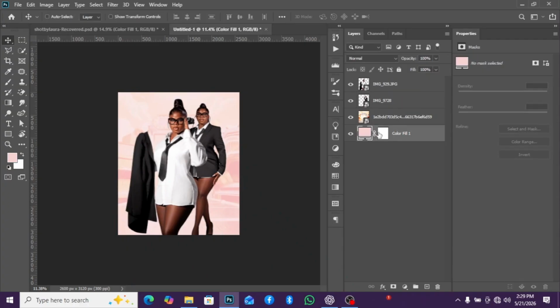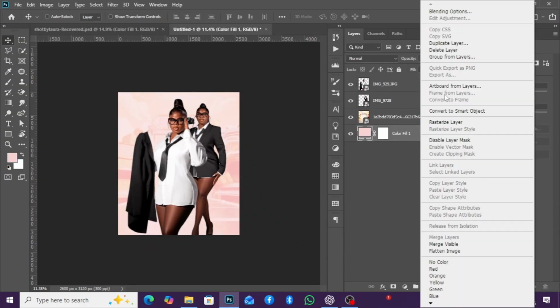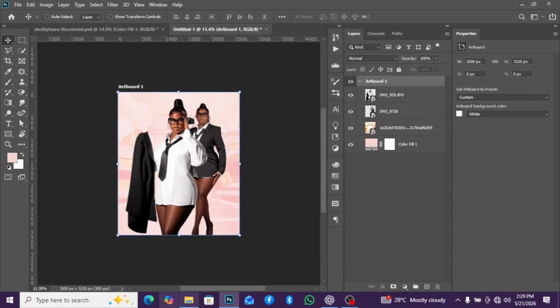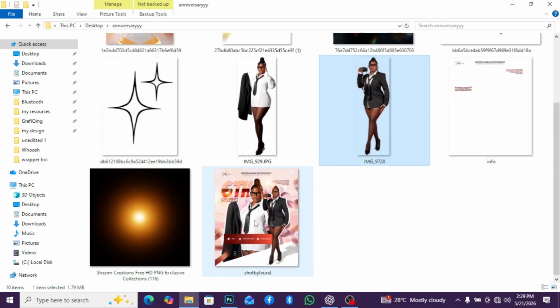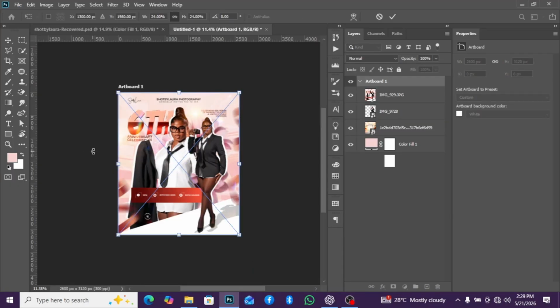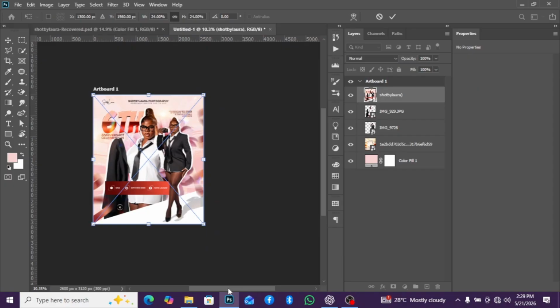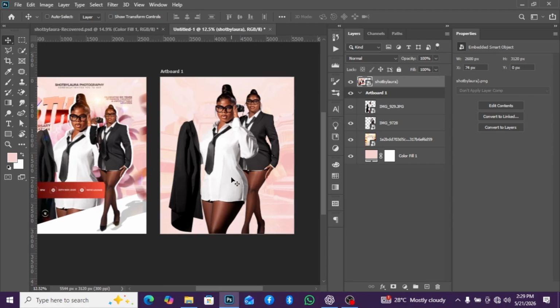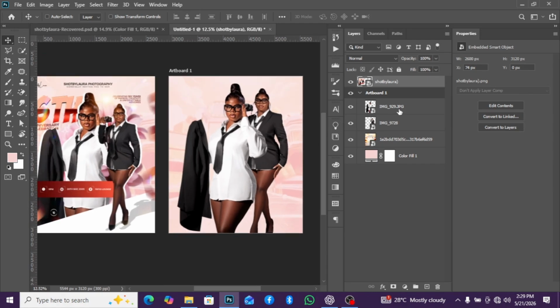Or let me change it to artboard from layer, so I can actually be seeing the main design. I will not skip any part. So yeah, you can see I actually took it to the back instead of to the front. Thank God I haven't taken it to the front,